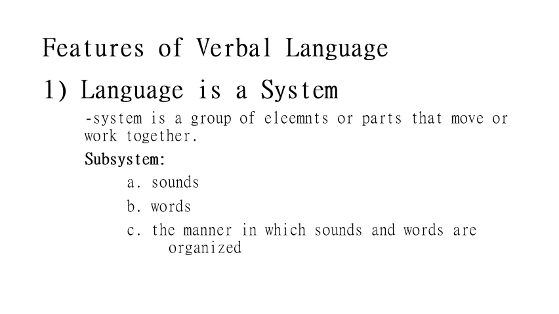These three must be intermingled together to form a language, of course. We need sounds, and then sounds reproduce words, and then of course the manner in which sounds and words are organized. When we have these three subsystems, we will obtain this system of language. So next,